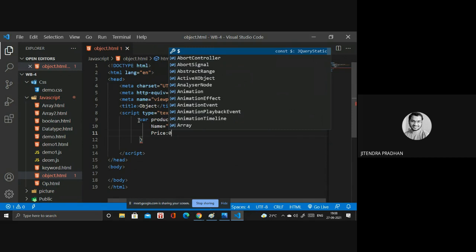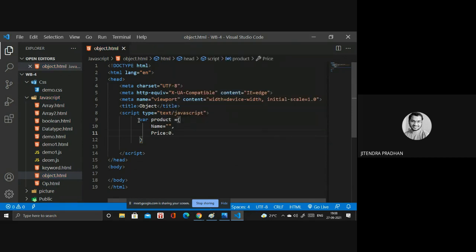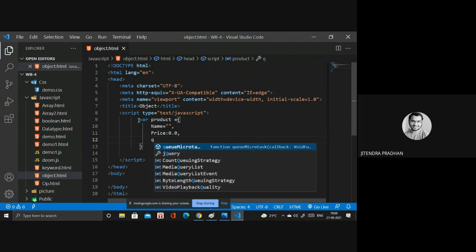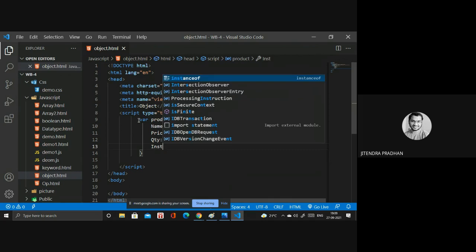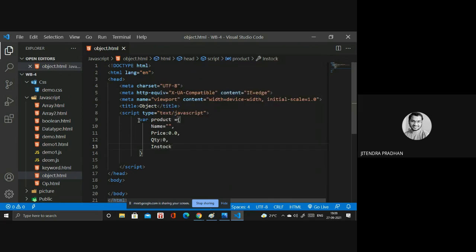Price is zero or 0.0, something like that, with a comma. I forgot that. We have quantity, which is zero as well, we are taking the initial value. Next we have stock, and stock is false.